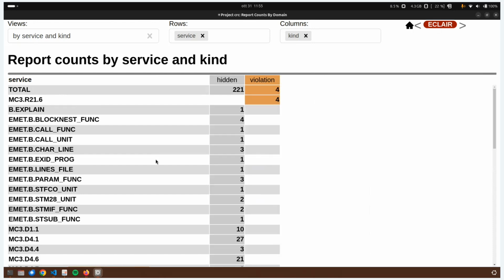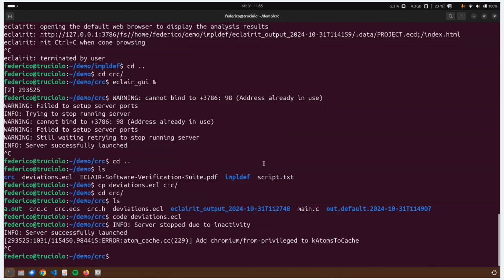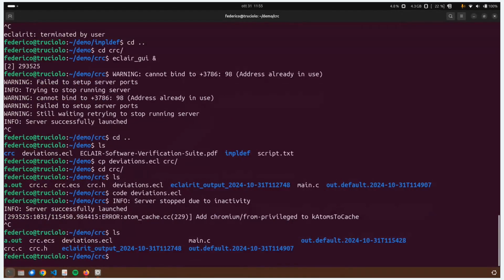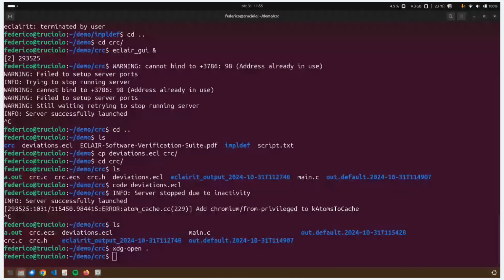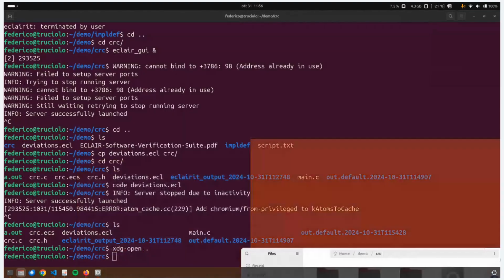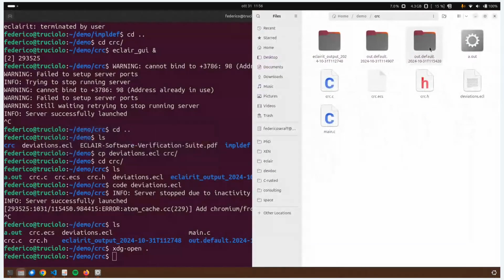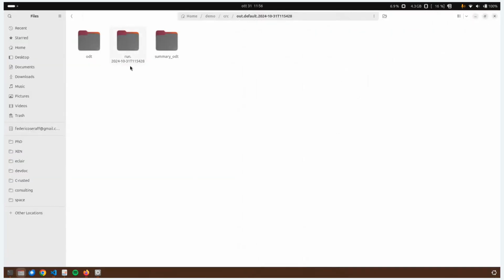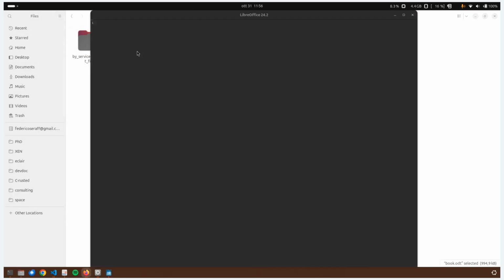And since we also generate the ODT files, I want to show you, let's see, xdg-open. Okay, this is the last analysis we launched from the graphical user interface. You can see we have some folders containing ODT files. And this is the